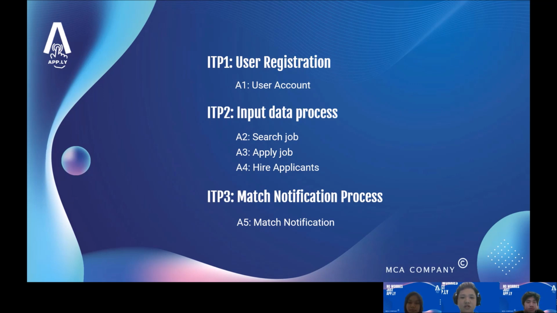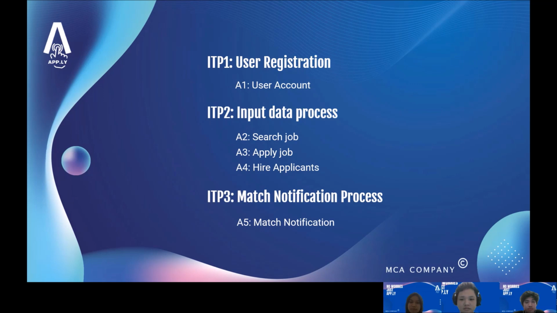Basically, there are two users that can use our web-based application. The first one is the job seekers, and the second one is the employer who hires the job seeker. That is why there is an A4, which is hiring applicants, in our ITP2. And in the last IT process is A5, activity 5, which is match notification. The system will notify when there's a match between the job seeker and the employer.